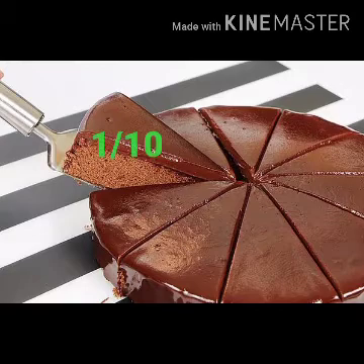Here we can read it as 1 by 10. That is, when we divide that cake into 10 pieces, it represents one piece from 10 pieces. Here 1 is the numerator and 10 is the denominator.